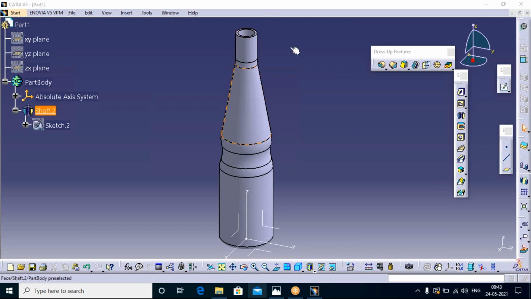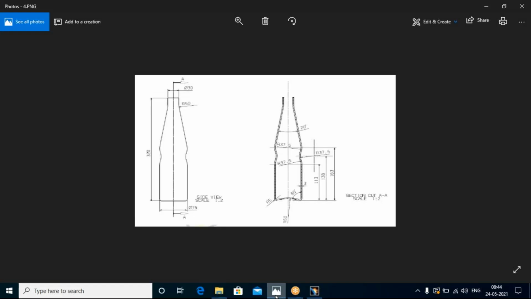See, in the shaft you can use a thickness of 3 mm, but not in this one. For this particular one, you cannot give the thickness of 3 mm. Why? Because it is not a complete profile we are drawing. We are only drawing half of the portion. If we have the complete portion, then only we can apply 3 mm. Beforehand, we are already giving the 3 mm thickness offset. So if you give another 3 mm offset, it will add up to 6 mm. For example, see,